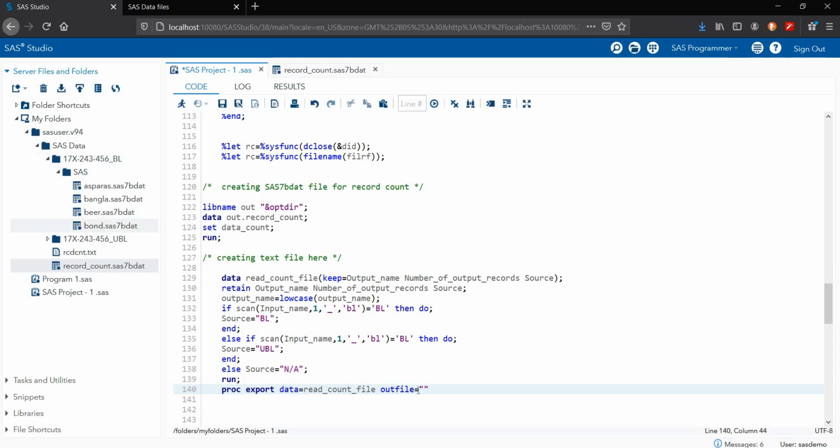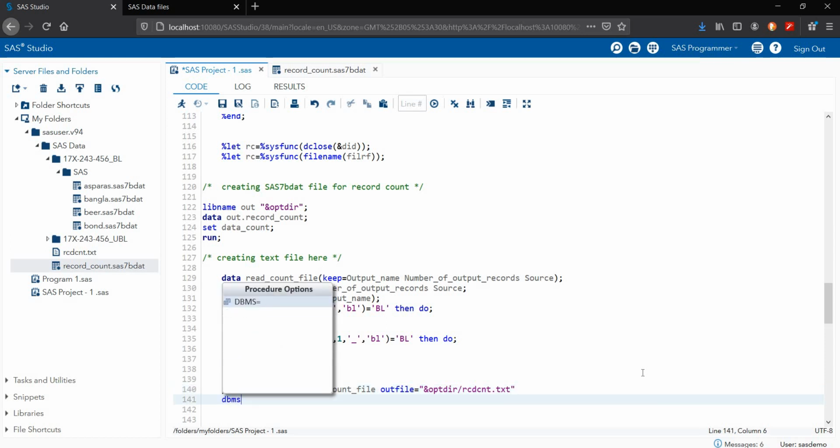I'm giving my macro variable name optdir, this is my directory path, slash, what read count file name we want, rcdcnt. You can write any name. This is my file name rcdcnt dot txt. We need to give the particular txt.